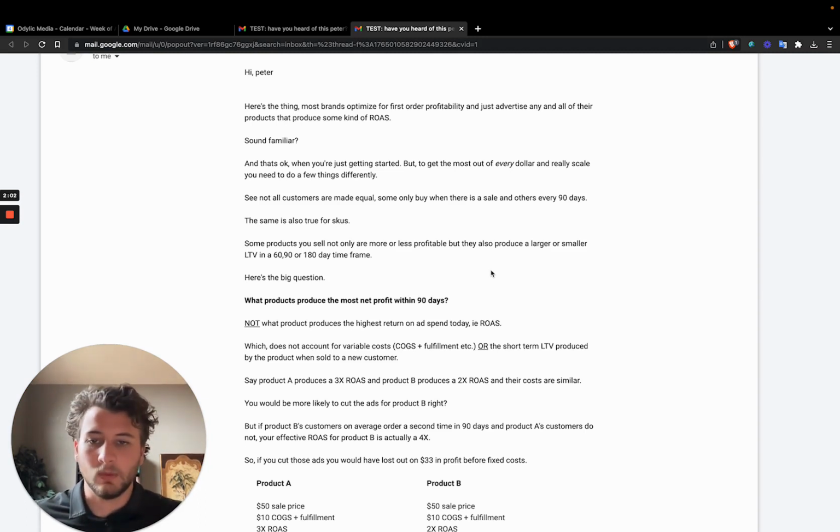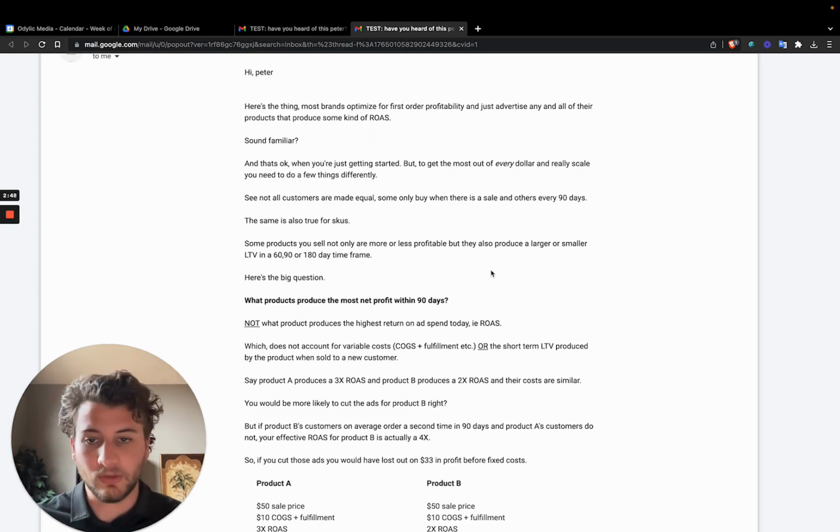So like, how does this really work? Well, some products that you sell are not only more or less profitable, right? Just due to the cost to make the product and fulfill it, right? But also, some products produce a larger or smaller lifetime value on a 60, 90, 180 day, whatever basis, right? So when people buy like a sampler kit from a brand, typically their lifetime value will be higher than if they just buy one thing from that sample kit initially, right? Simply because they try more variations of it and they know what they like and they can just order that with confidence. So the first product that someone buys as a new customer has a huge effect on the lifetime value, but also on like the short term value, which is really like the 30 to 60 to 90 day